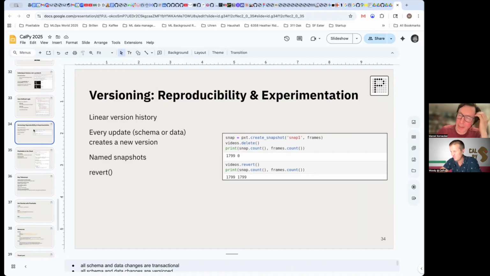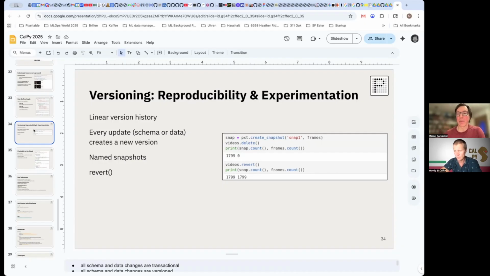And so in Pixeltable, all table operations create new versions. So if you add a bunch of rows to a table, it will create a new version. And you can create snapshots of tables that will basically make sure that the underlying data in the snapshot never changes. So you can always query the snapshot. And you can also now revert changes to a table and it'll restore the previous state.